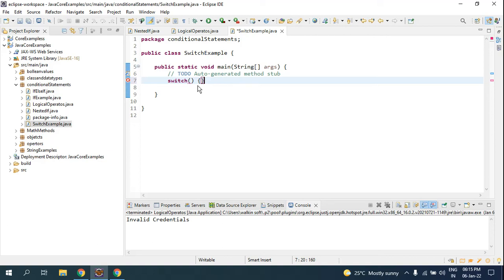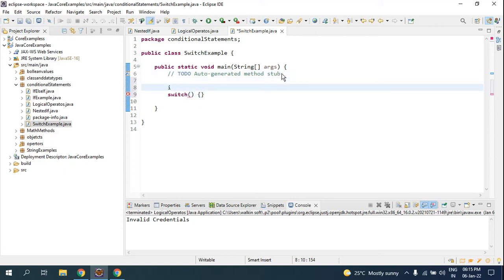So this is the syntax for the switch. So how to use it? Now I will declare a variable as int day, and I'll give it a value equal to 6.